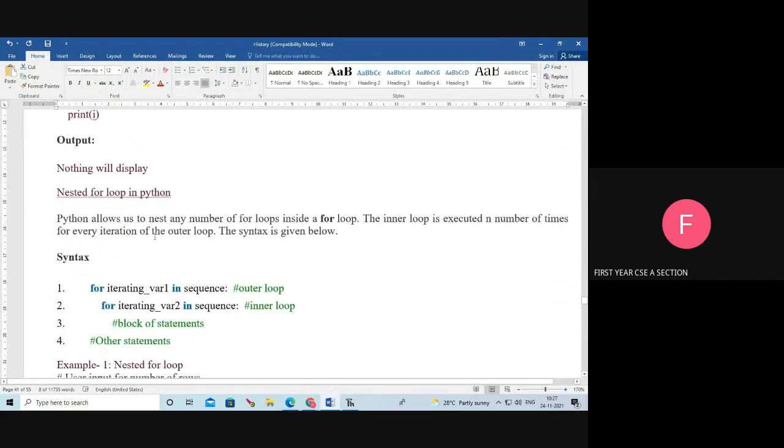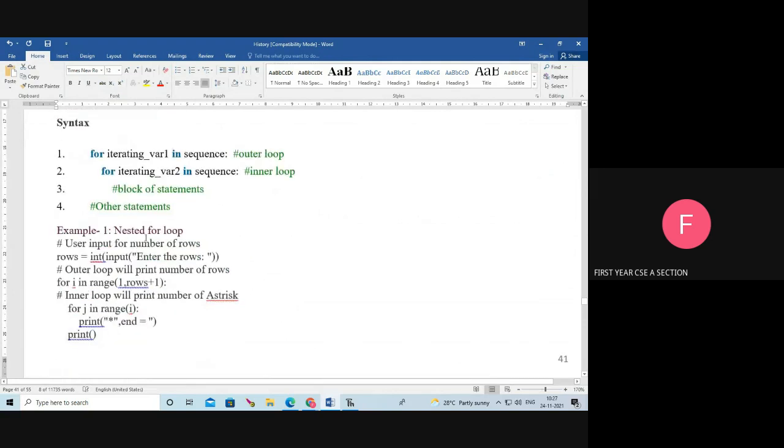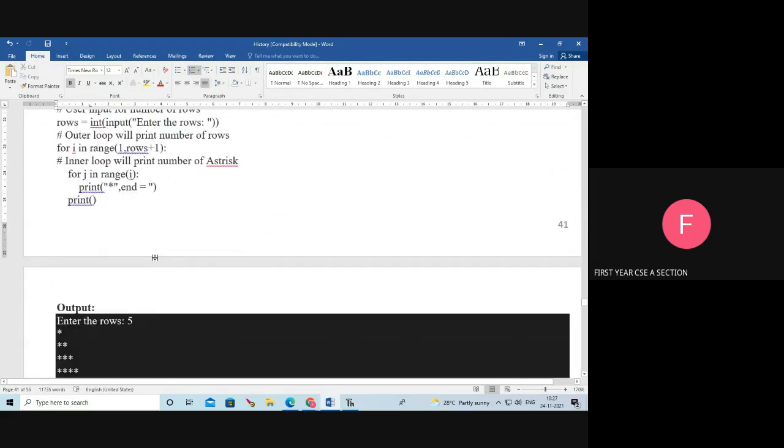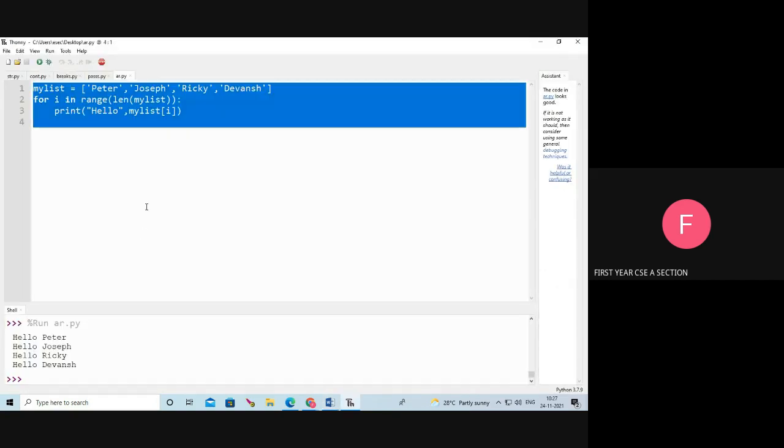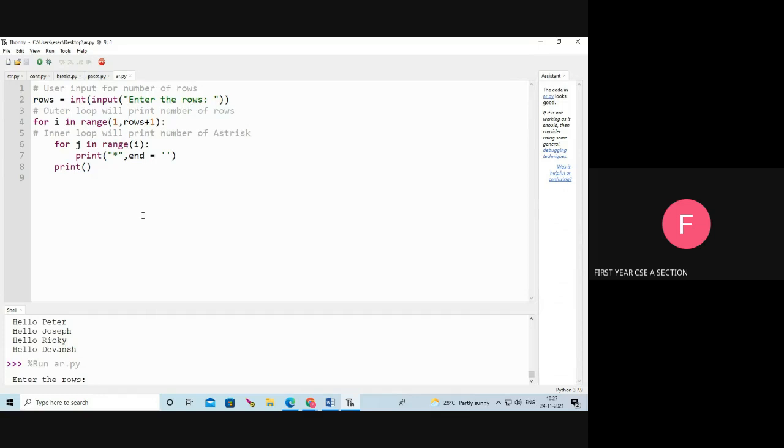Next we will see the nested for loop. When one for loop contains another for loop, this is called a nested for loop. We will see one example program. Here the first for loop is used to denote the number of rows.